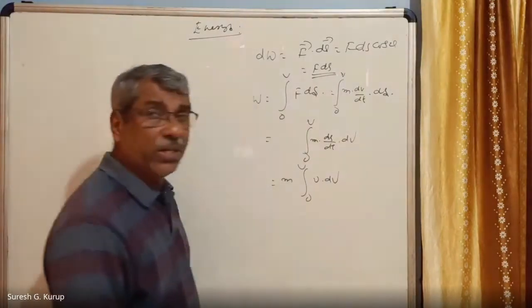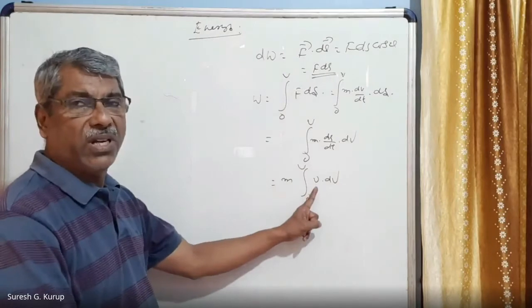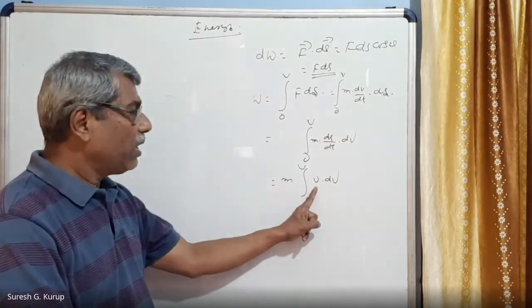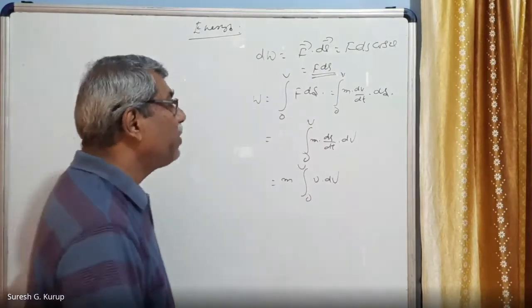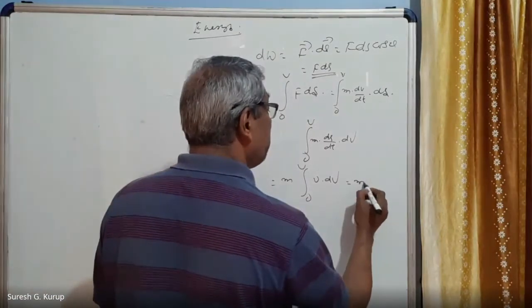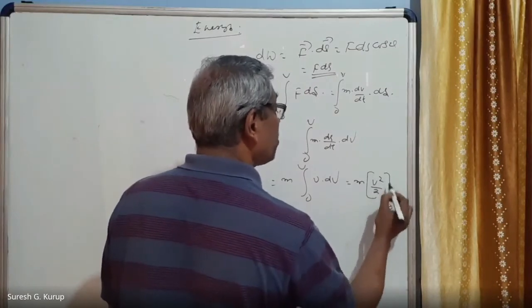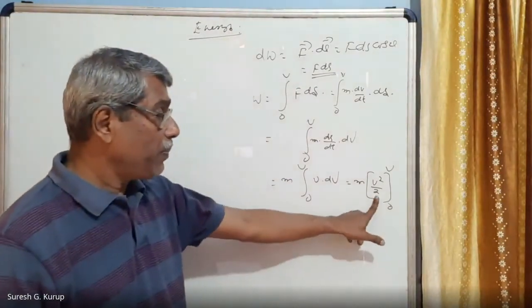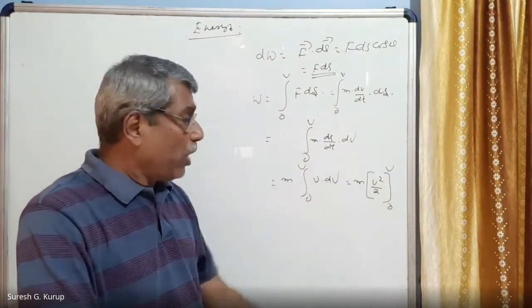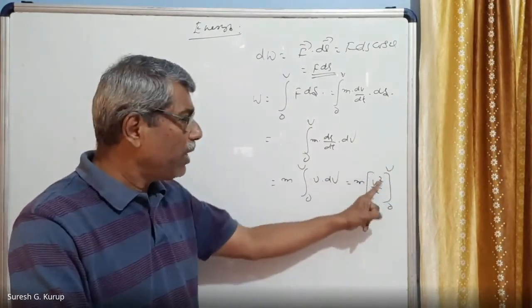So now integration is possible, right? We can integrate velocity with respect to velocity itself. That is the integral of v dv, which is equal to v²/2. That is m times v²/2 within limits 0 to v. Once after integration, it will be kept in square brackets and we put the limits like this. Now, upper limit minus lower limit.